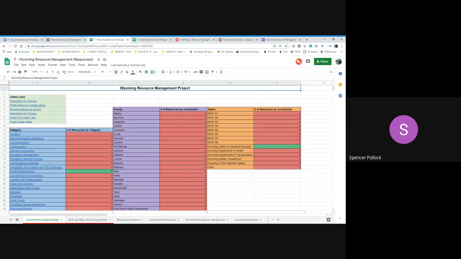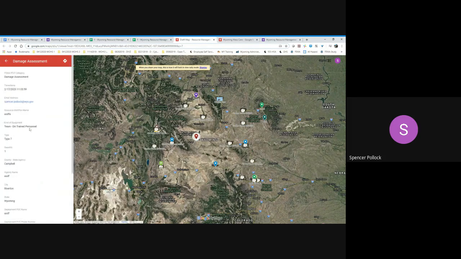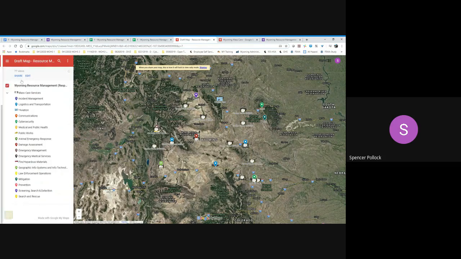The other way we'll be displaying the data is visually on a map. Here's a couple examples of some old sample data to give you a sense of how this may work. This one is kind of a rudimentary map. Our working draft map for this project is a little bit more robust, and we'll show you an example of that as well. But effectively, all the data that you entered is available to be viewed here. And so this was just some sample data when we were testing the system. Again, you can see what's available. It does allow you to kind of sort and filter.